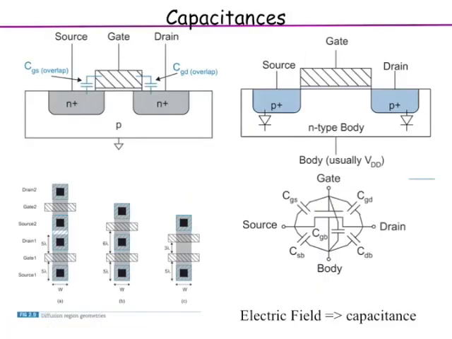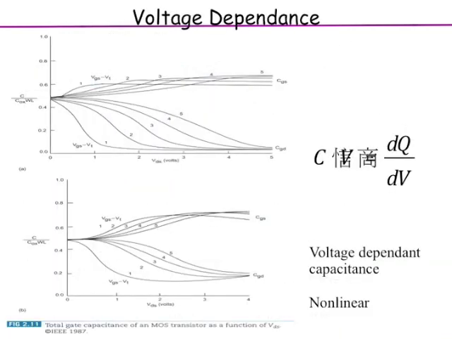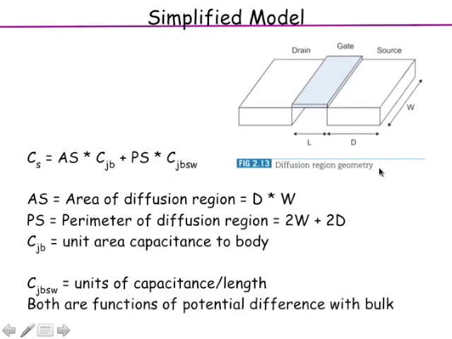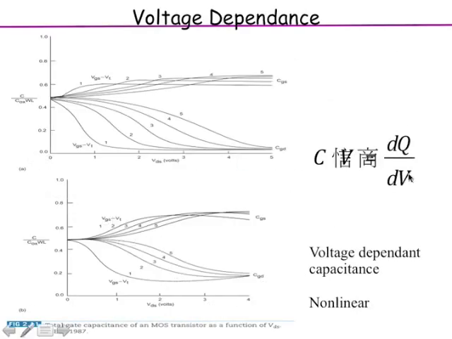So you have a lot of capacitances. But on top of it, these capacitances, as I said, are also functions of the voltages. What is being plotted here, unfortunately this didn't come out very clearly, is really the capacitance. The instantaneous capacitance is dQ by dV, right? That is the instantaneous capacitance at that particular voltage.